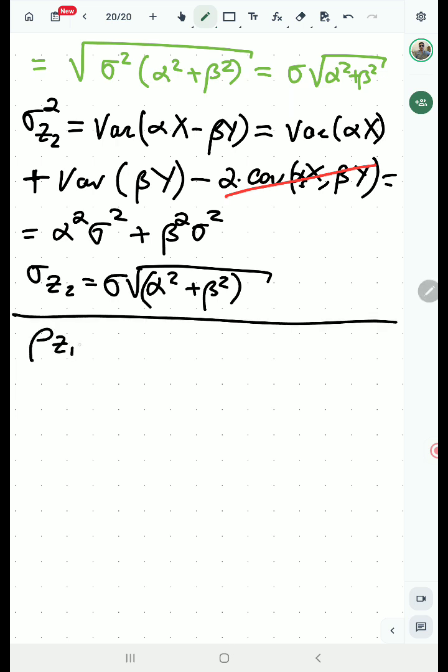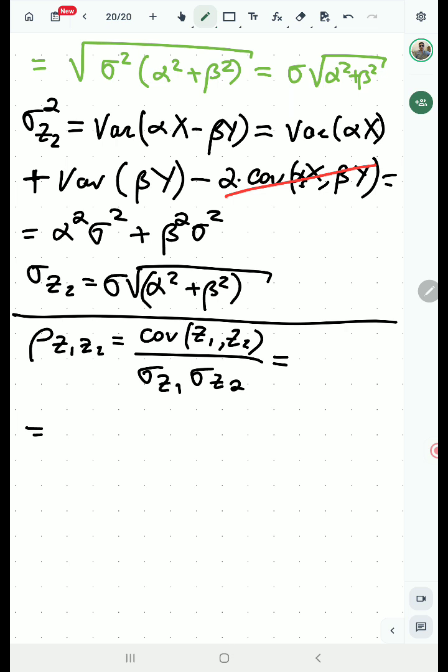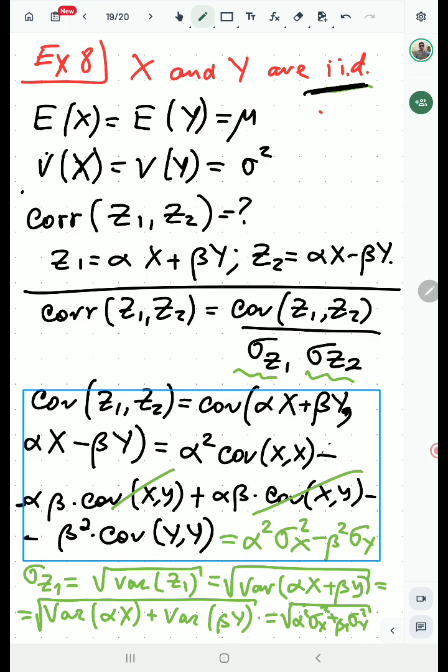The correlation of Z1, Z2 is just equal to the covariance of Z1, Z2 divided by sigma of Z1 times sigma of Z2, so the standard deviation of Z1 and the standard deviation of Z2. Now let's look at what the covariance is here. The covariance is just equal to